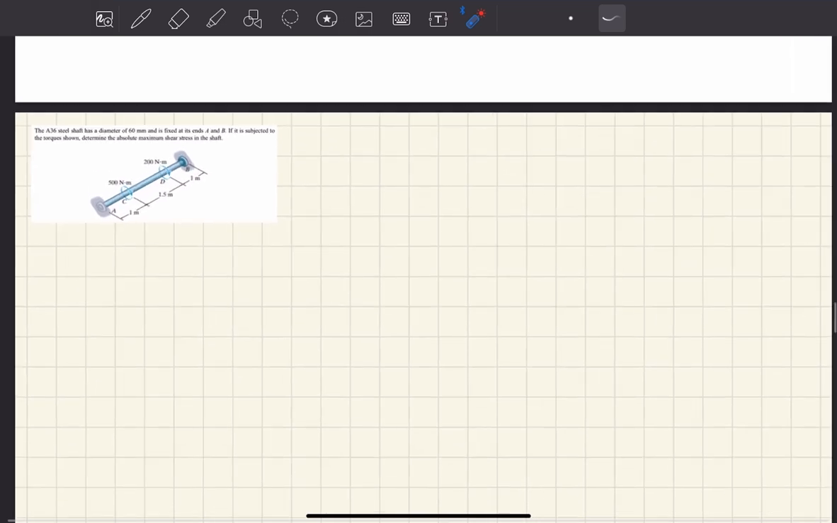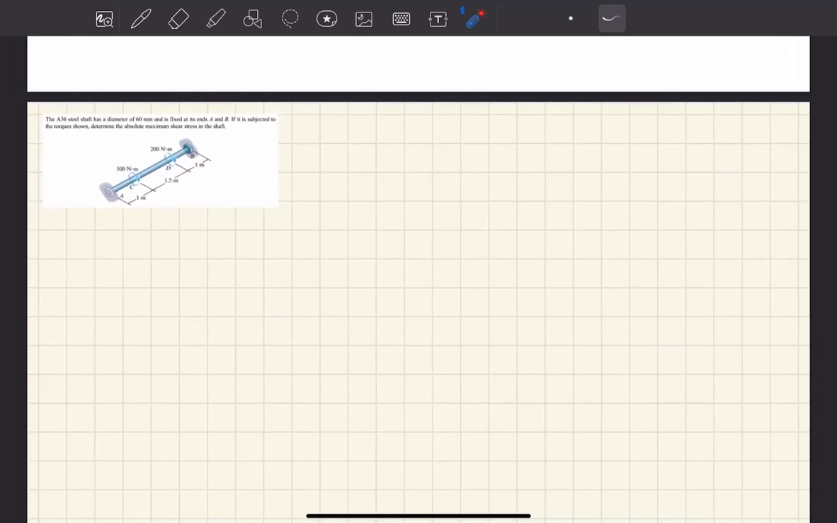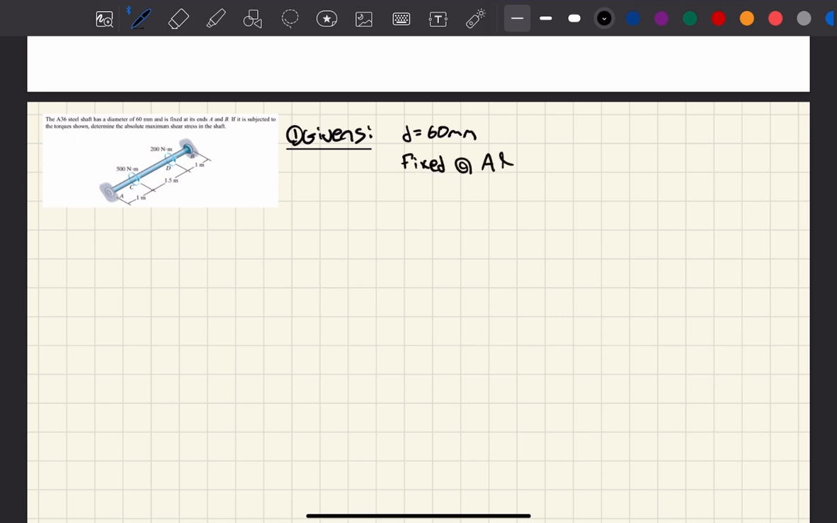Okay, so we can put down our givens, right? So number one, givens. First thing that I recall is that the diameter of the shaft is 60 millimeters. We have a fixed connection, so fixed at A and B. What else can we say? Well, we know that it's A36 steel, right? So automatically by now you should know that that is 200 gigapascals. However,